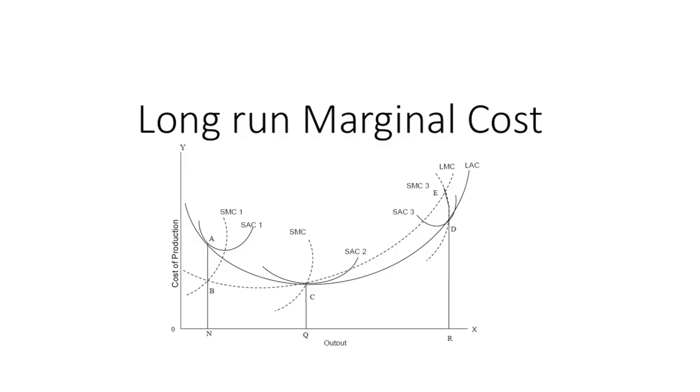When long run marginal cost is going up, the long run average cost is also going up. So the optimal point we can select is at OQ. For OQ level of output, the short run marginal cost and the long run marginal cost intersect each other, and this is the optimal point where the maximum production can happen at the lowest cost.